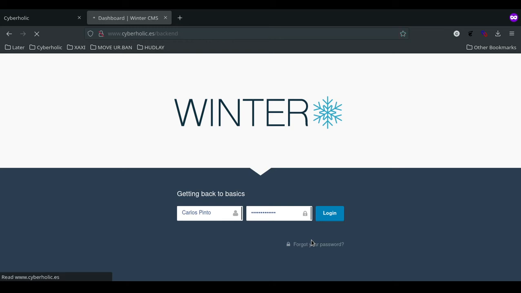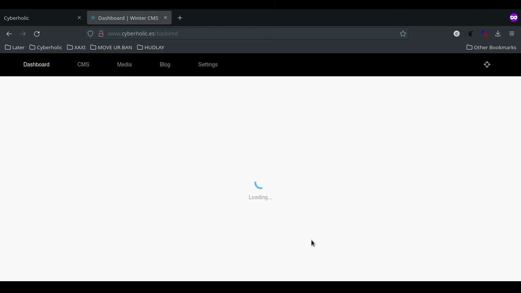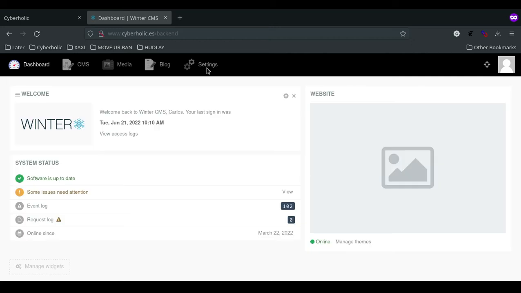Wrong password. So this is what happens when you forget your password and you can't log in. One solution that I found many months ago with October CMS was to go into the database with phpMyAdmin and add a new admin in there, activate that admin in the admin group, then log in with those admin credentials and reactivate my first user. That's a little bit complicated. It works, but to avoid all of this struggle,